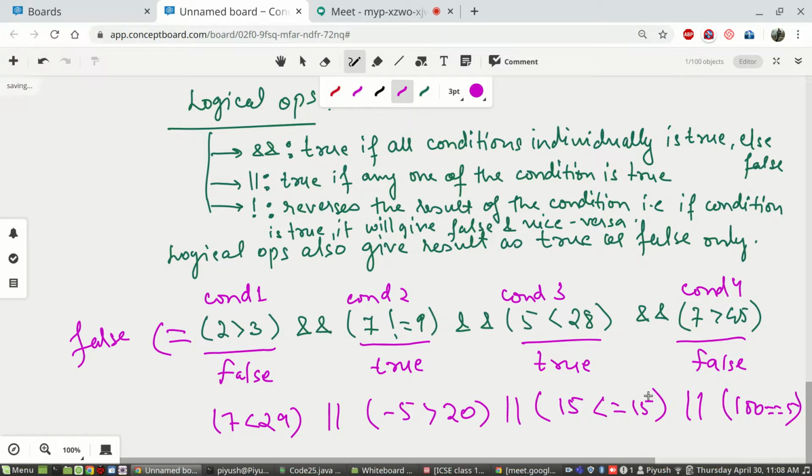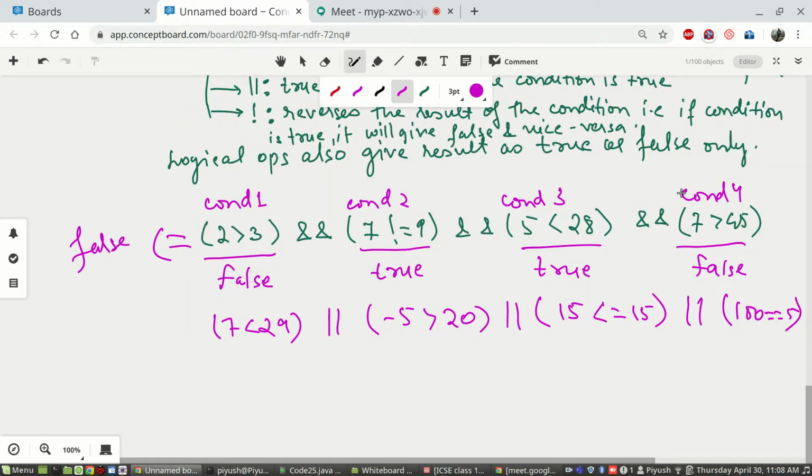Now you can tell me the answer. This is true if any one of the conditions is true. What will be the output? True. Why? Here we require at least one to be true. Here this is true, this is false, this is true, this is false, this is true.